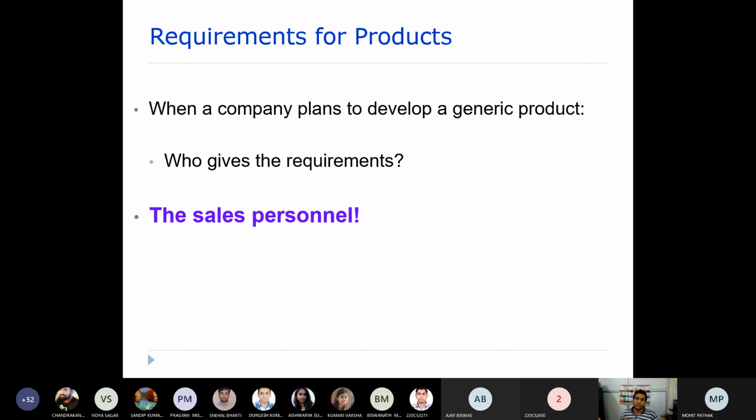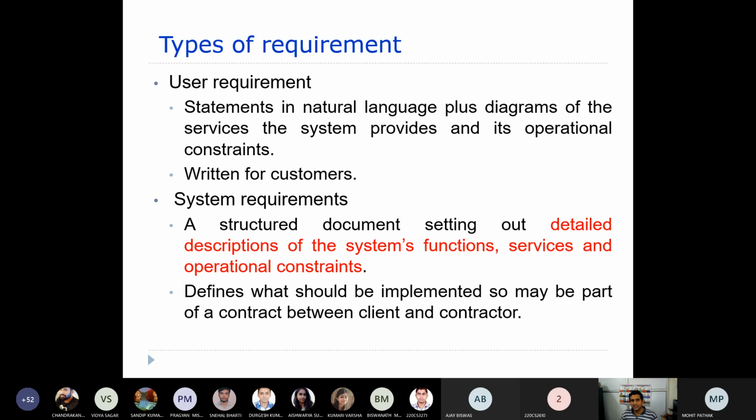The business analyst from the development company will come to the domain and interview all the users who are going to use that particular product, maybe the faculty, teachers, students, accountants, director, deans. After having certain discussions, you will be finalizing and gathering the requirements, right? But in case of a generic product, usually the salespersons who are going to sell the product may give certain requirements, right? So this way you can understand, it's a basic understanding.